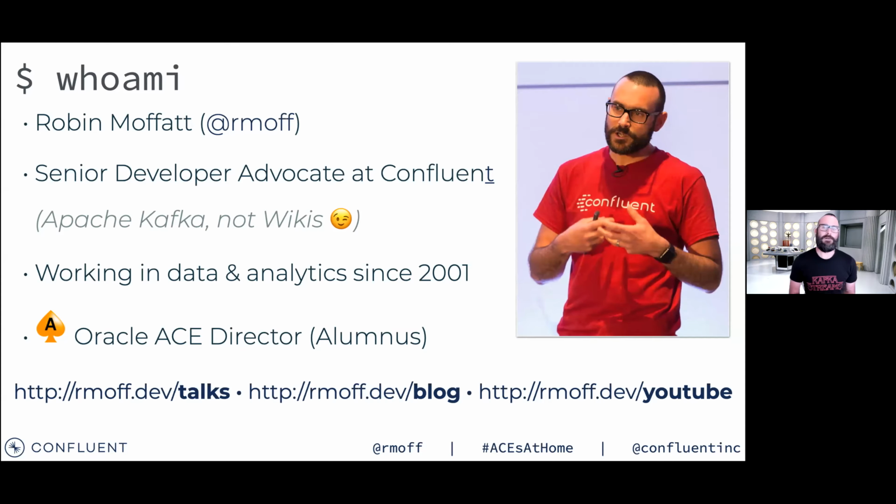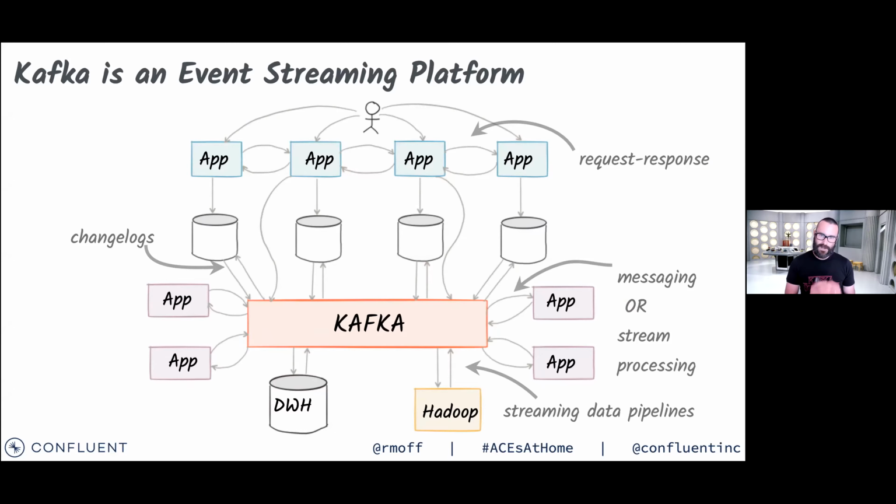So I want to talk about Kafka, and I want to talk about Oracle, and how we can use the two together. To start off with, I'd like to set the expectations and understandings of what we're actually talking about. I'm going to assume that most people on the call are familiar enough with Oracle for me not to need to explain that. Relational database, we all know and love it. Kafka, on the other hand, not everyone fully grasps what it actually is. So I'm going to give a little introduction to it, and then we're going to dig into the good stuff about getting Oracle hooked up with it.